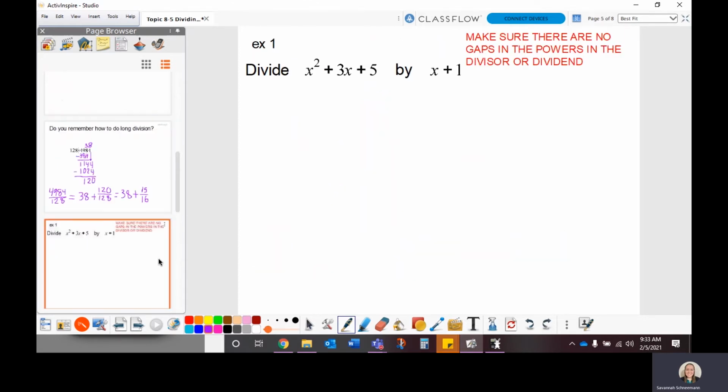So let's now put it in terms of polynomials. So the biggest thing, guys, is you want to make sure there are no gaps in the powers in the divisor or the dividend. And what I mean by that is you need to have them in order. You need to have an x squared, then an x, and then no x, all right? If, say, this 3x term didn't exist, you would need to do a plus 0x to make sure there are no gaps. We are good on gaps here, so I can go ahead and set it up,